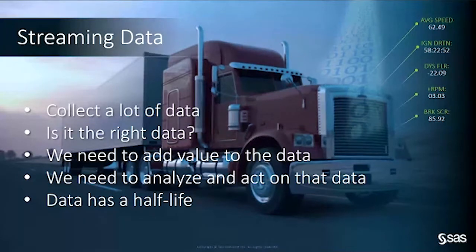And as we take that data in, we want to move it through this value chain. What you'll see with our event stream modeling is we take the data in and we move it through various steps, and each step adds value to the model. We want to take what you need to analyze, act on that data, and specifically because I like to say data has a half-life. Half-life because as the data sits around for longer and longer, the value of that data goes down.